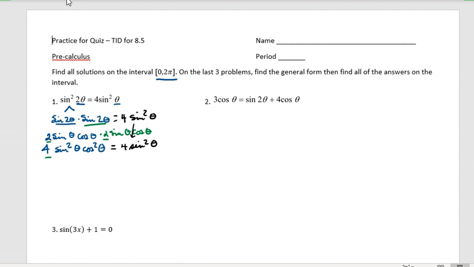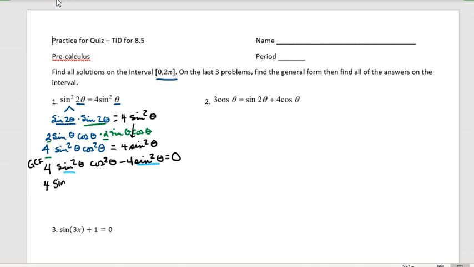And then what I'm going to do is get it over to the other side. I'm going to go ahead and subtract it on the other side. So I have a total of 4 sine squared theta cosine squared theta minus 4 sine squared theta. Now, I want everything equal to 0 so that I can factor these out. Now, if you'll notice what I have in each piece is a sine squared theta and a sine squared theta. So, in fact, I have 4 sine squared theta. I'm just going to pull the 4 sine squared theta out. So my common factor, my GCF,